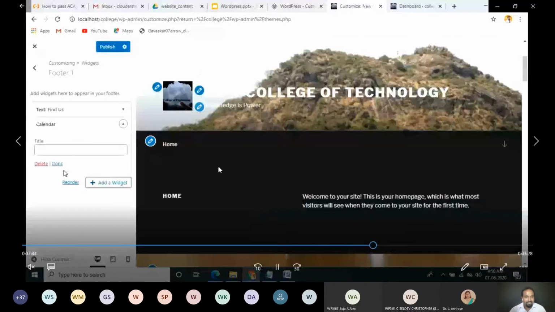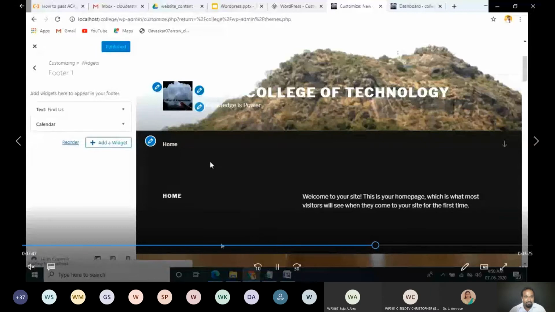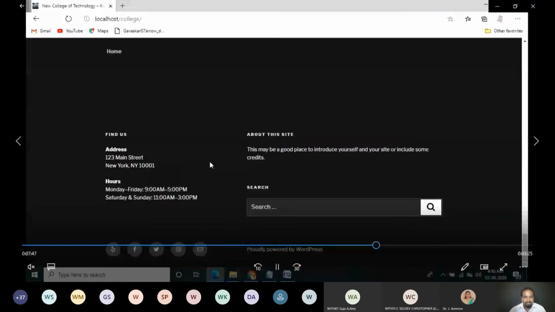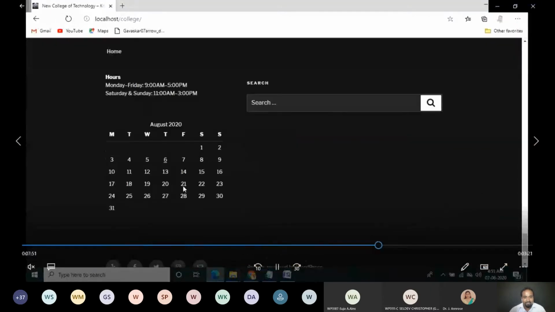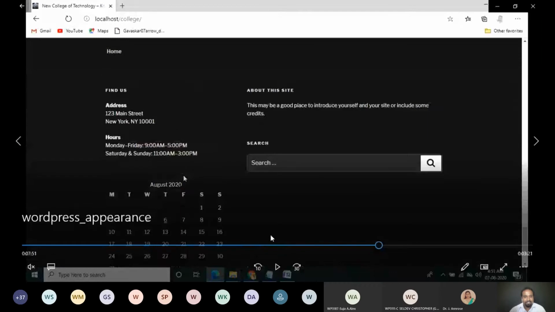In my case, I added the calendar. Now we publish. You can find the calendar below this. In footer 1 you can find the calendar.